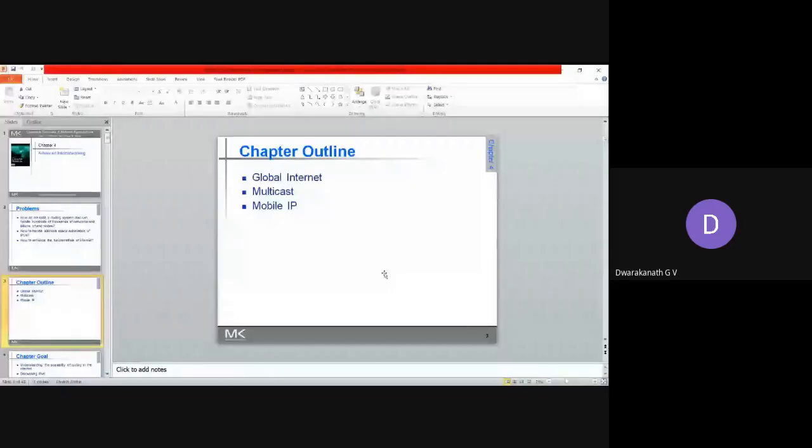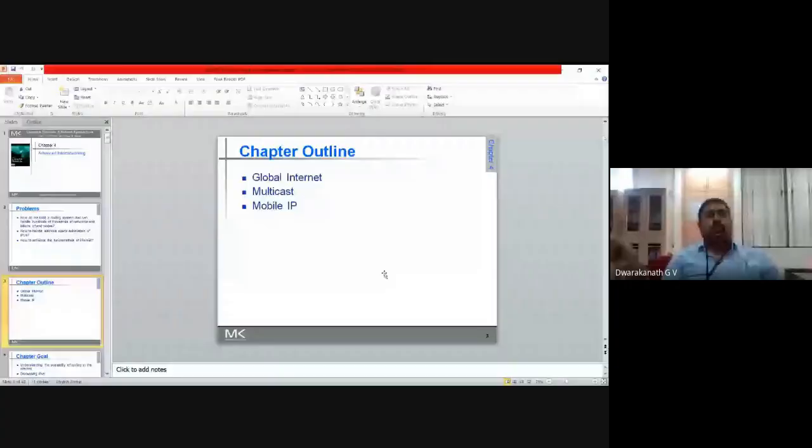Coming to the next, multicasting. What is this multicasting? I told you already that it is many to many communication or one to many communication. The reverse is many sources to one communication. In a unicast, a single source and a single destination will be there, so the packet should traverse from source to destination. That is unicast. What is the multicast here? In between, many destinations can be there.